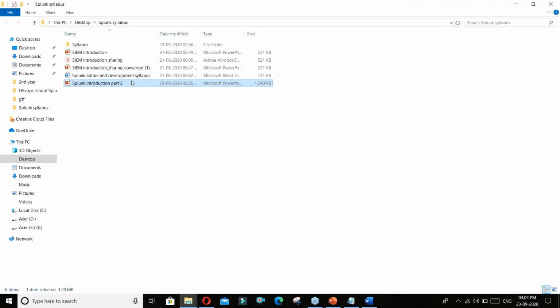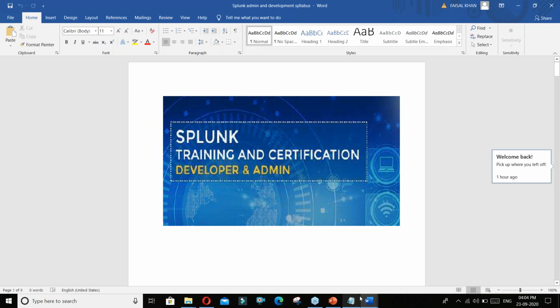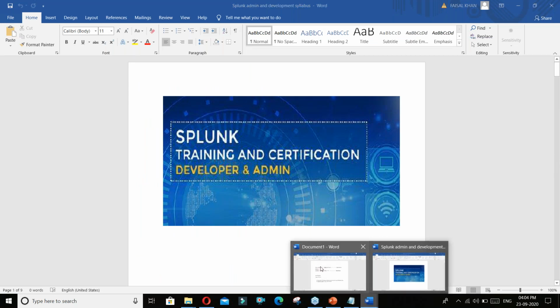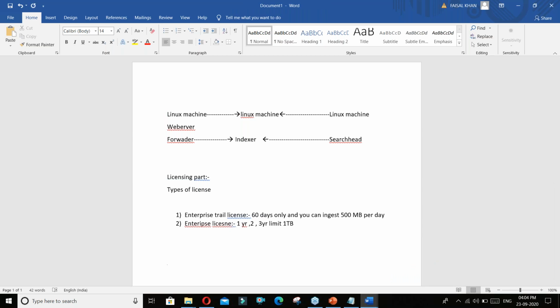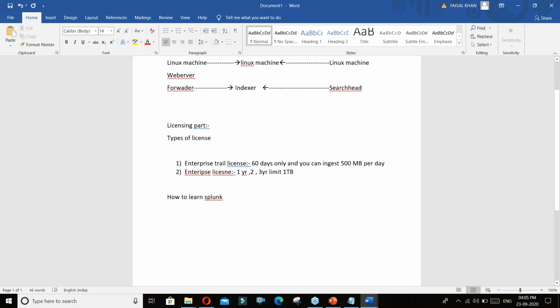And what all the certifications are if you are going for Splunk. Let me open a WordPad for your simplicity. Now, guys, if you are learning Splunk, what are the steps? How to approach it? So, guys, there are a few courses that you can take if you want to learn Splunk. The first one is the Splunk user, and then we have Splunk power user, and then we have Splunk admin.